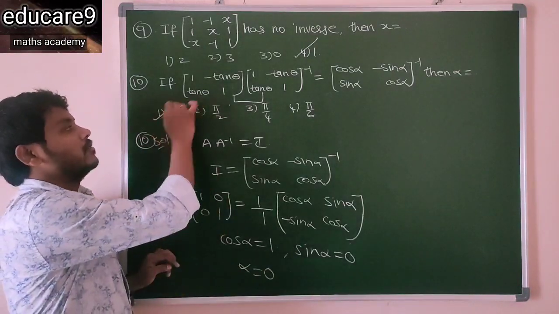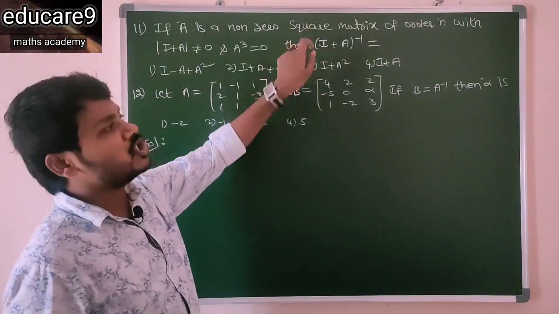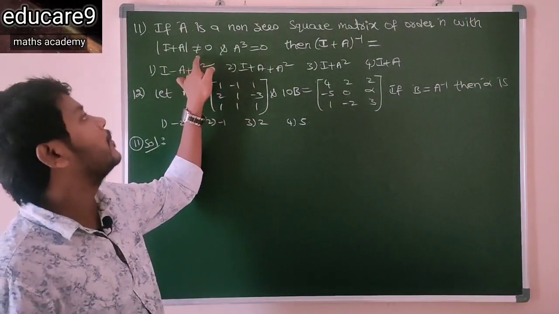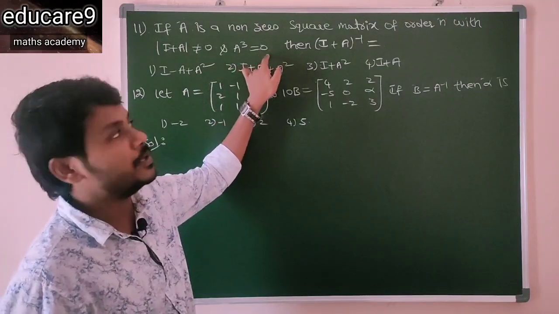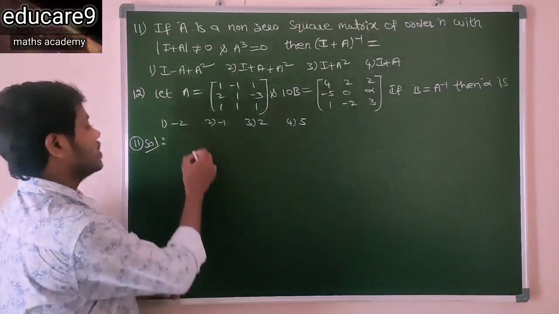So option 1. So next one, 11th one. If A is a non-zero square matrix of order n with determinant of I plus A not equal to 0 and A cube is 0, then (I plus A) whole inverse is what? So given